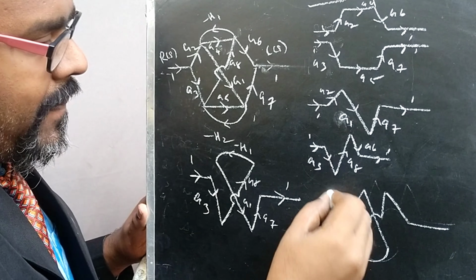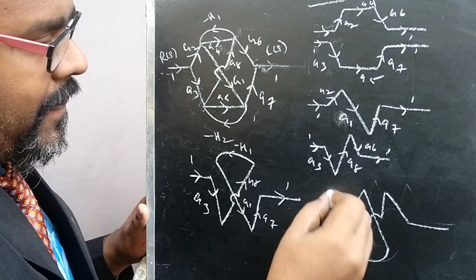Okay, then the next step we need to calculate is the pair of non-touching loops. Of course, this too is a pair of non-touching loops. So just look. I think this is G4 and this is minus H1. This is G5 and this is minus H2. In the third step, we need to calculate the pair of non-touching loops. These 2 loops are not touching. So that is what I am choosing.